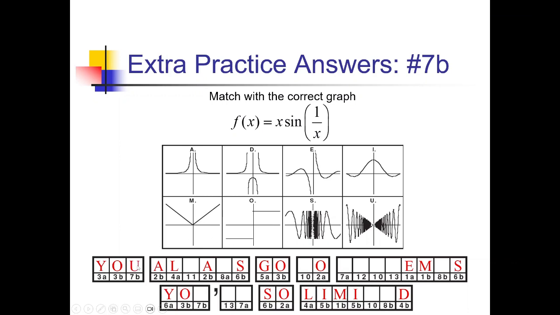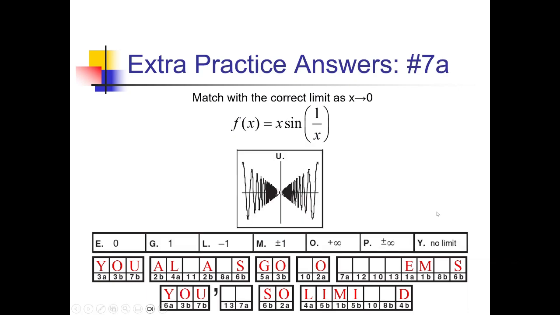So there's a U right there. And do we have any other 7b's? We do right here. There's another U, so the word U and the letter U as well. And that's it for U. Now 7a is an